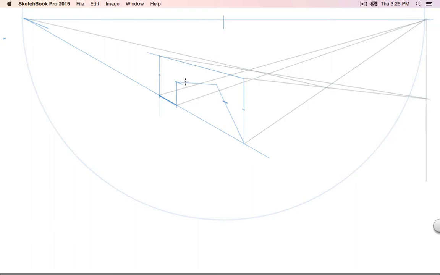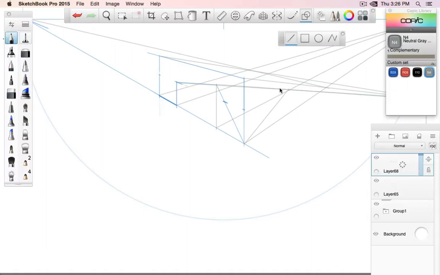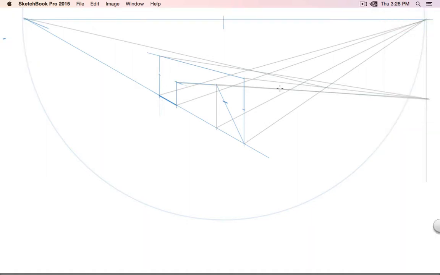Here to there, from there to there. So there's a one point, but where's now this point? So what I have to do now, this high point, I have to project down onto my ground plane. From there I go to the vanishing point, and then from there I go to there. So there I have it. So zip, there is my shadow. Unfortunately, some of these lines overlap, so